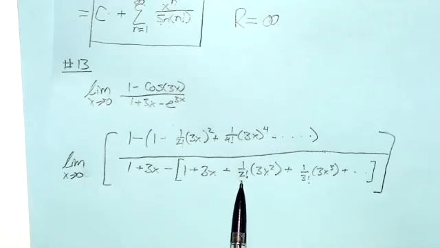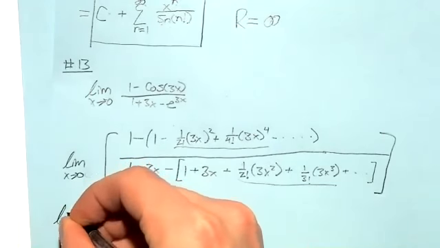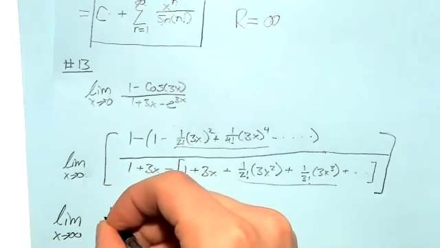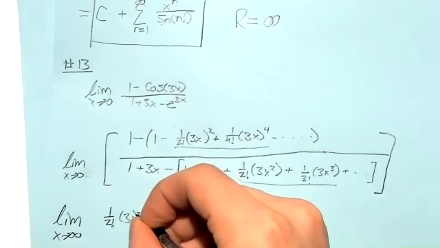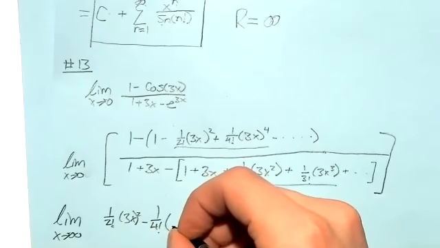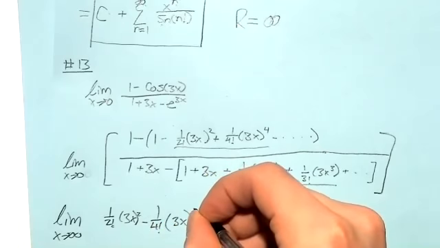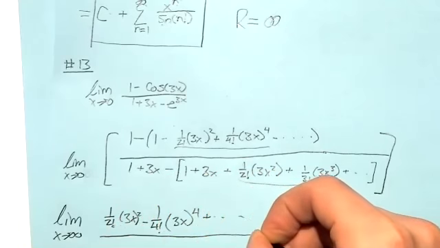I'm just going to rewrite it as this stuff here, top and bottom, because that's what we're controlling. So if I rewrite it, limit as x approaches 0 of 1 over 2 factorial times 3x squared, minus 1 over 4 factorial times 3x to the 4th, plus, we go on, divided by